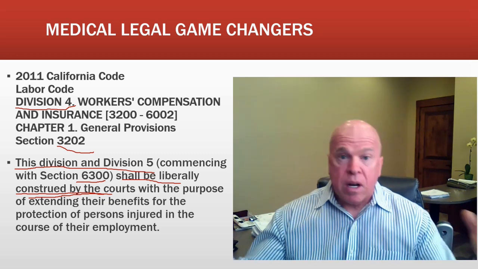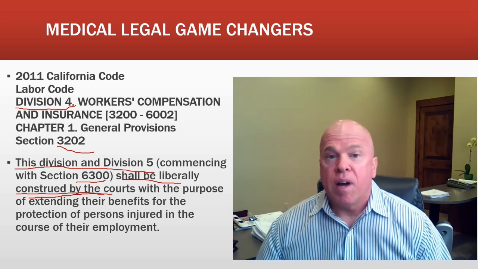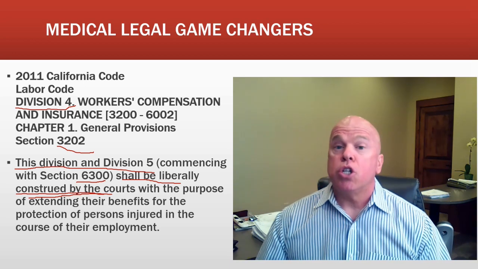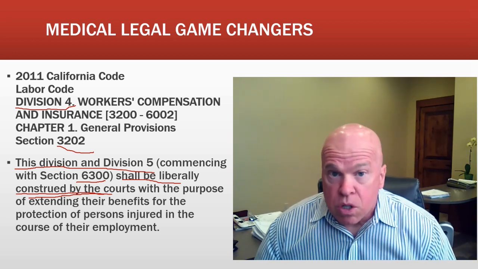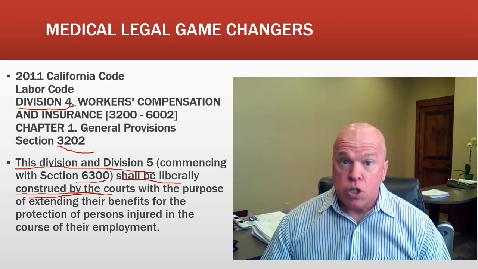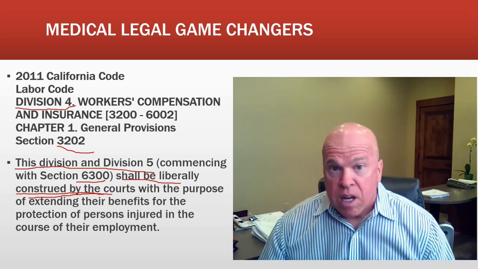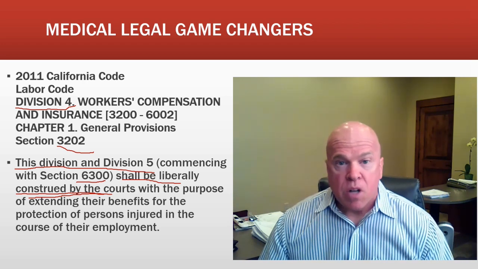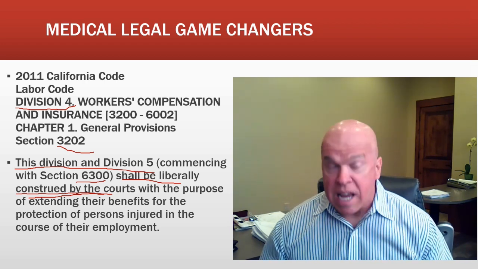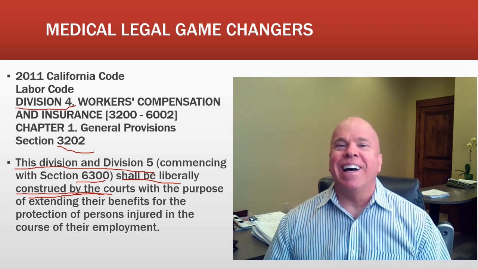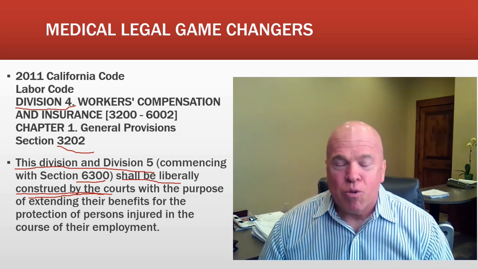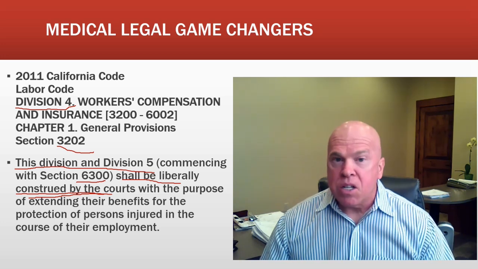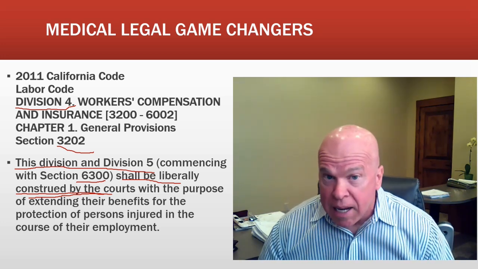So we have a spectrum of liberal versus conservative qualified medical evaluators at the AOE-COE junction. What are some of the other junctions? How about the permanent impairment junction? Some qualified medical evaluators will provide a very high permanent impairment rating, whereas other qualified medical evaluators for the same examinee see the examinee through more conservative glasses and will provide for a modest or a low permanent impairment rating at